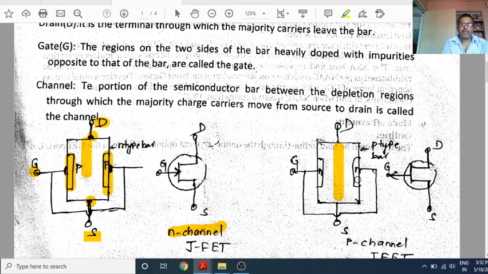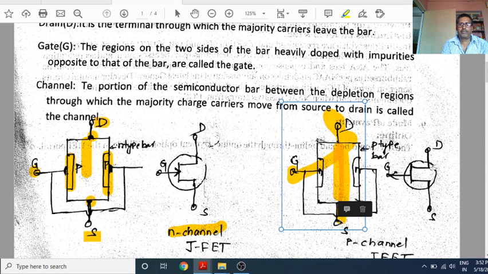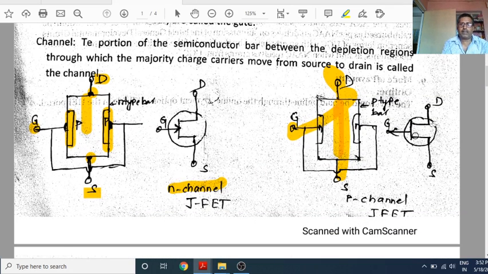Here P type bar and opposite polarity N type is diffused, and this one is gate, this is drain, and this is source. Okay, and you can see symbol here, arrow, this arrow is towards and this arrow is away, in N channel JFET and P channel JFET.